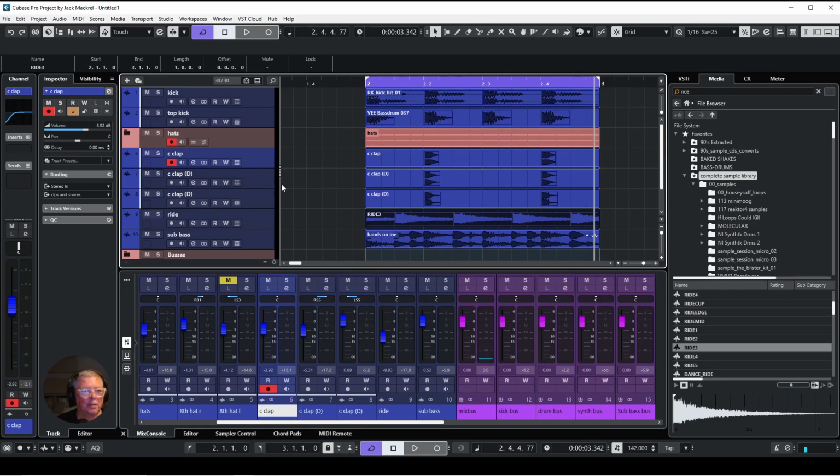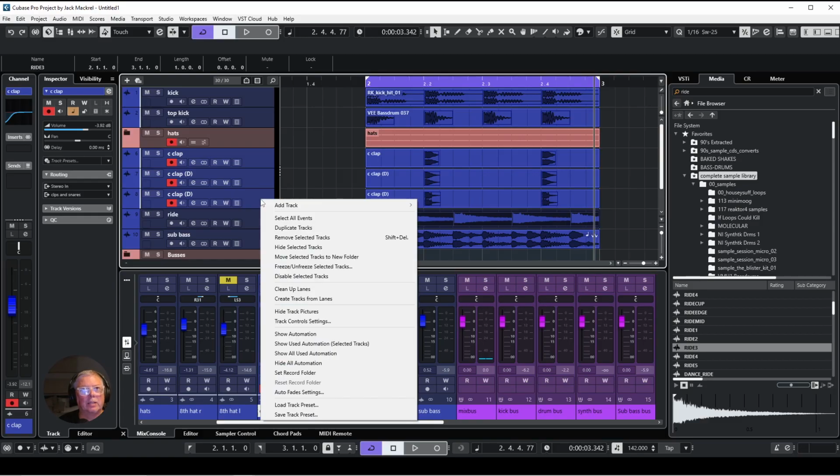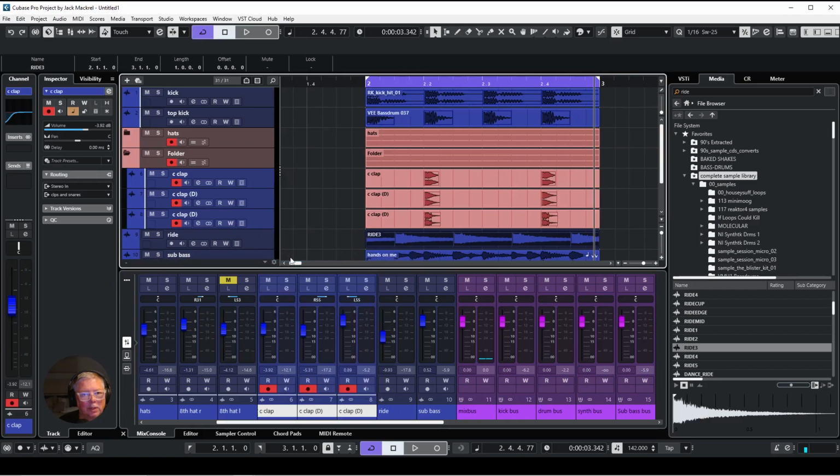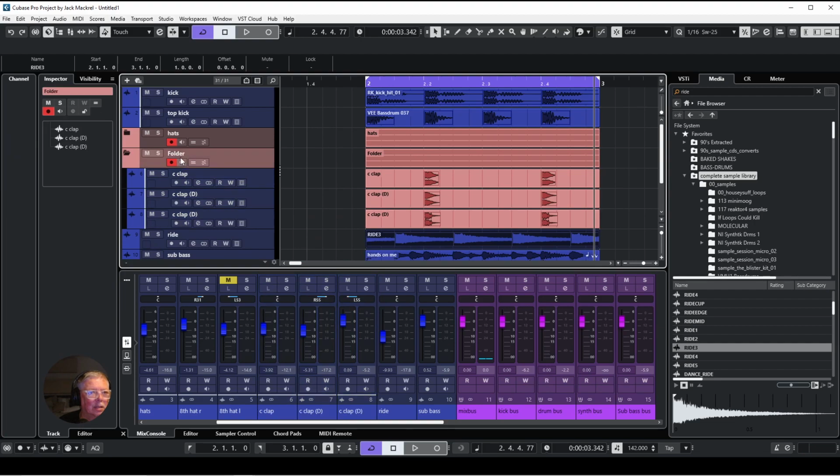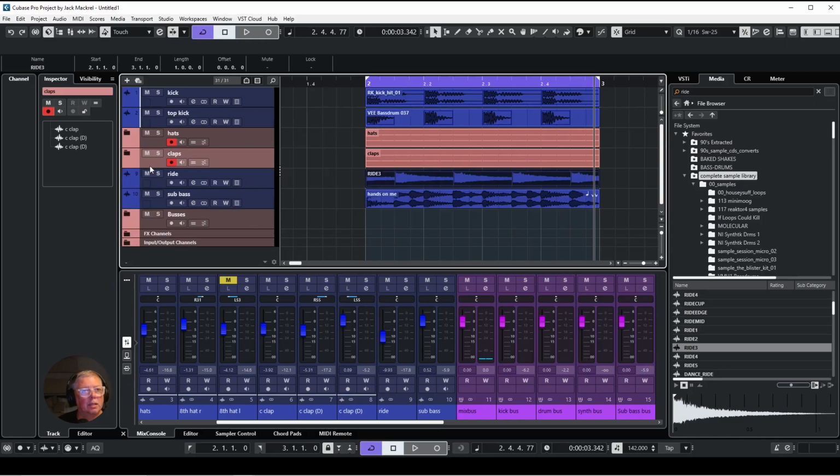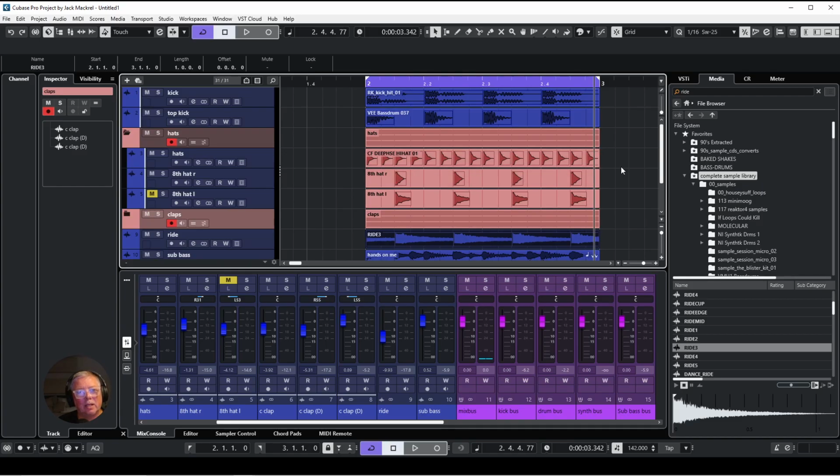I'm gonna do the same thing with the claps. The claps are less likely to be edited separately, so moving them to a folder really makes sense. Let's see, claps there. What is that? Hi-hats you edit separately quite often, so